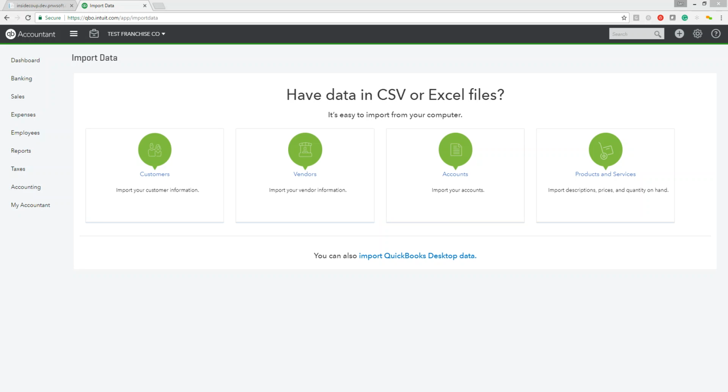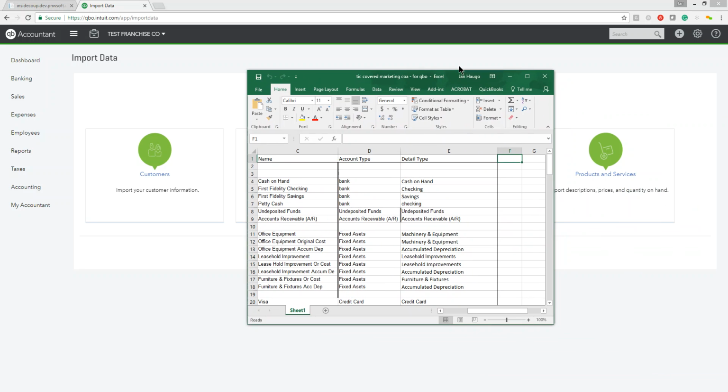Everyone, it's Jan here. I wanted to help you out with something that I've been struggling with, which is importing into QuickBooks Online. So I have this project right now that I am importing chart of accounts, and what I've